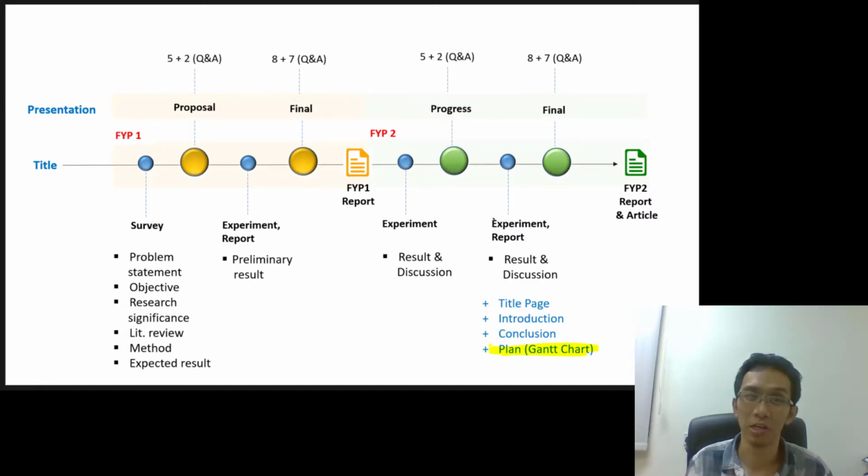Normally at the end of your presentation, we expect you to show us your Gantt chart, your overall plan. If you are FYP1, we want to know where you are now during this time and what you are going to do, what is your plan. Similarly for FYP2, you need to also provide us your Gantt chart, because we want to see whether there is anything left for you to do or this is the end. So for Gantt chart preparation, you can Google it around. There are a lot of examples out there. Simply, it's a timeline: what you have done and what you want to do. So that basically concludes the content part, what you should put in your slide.